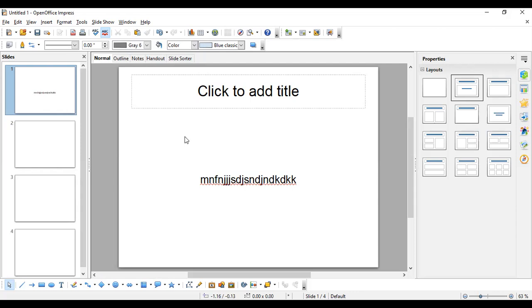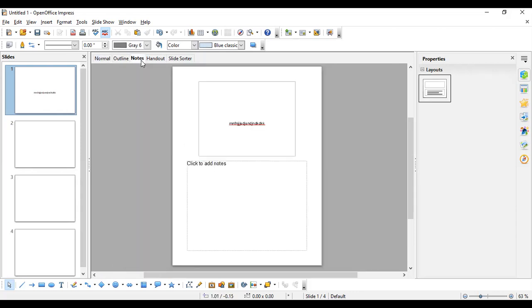Coming to the next one, which is the notes view. Notes view means, in the above selected box, you can give the presentation view, and here "click to add notes" is there.